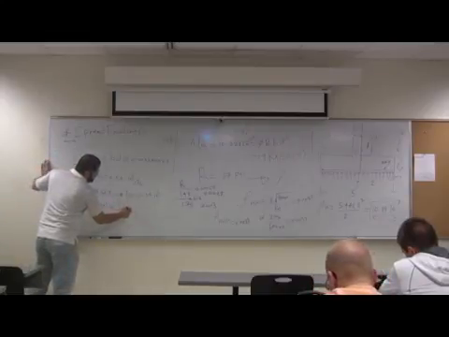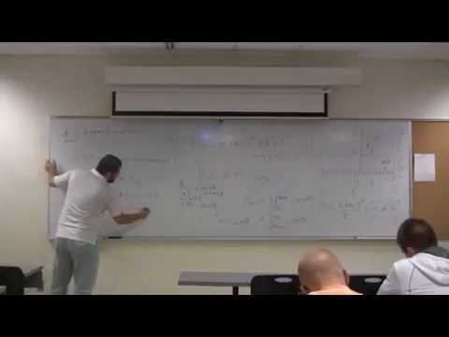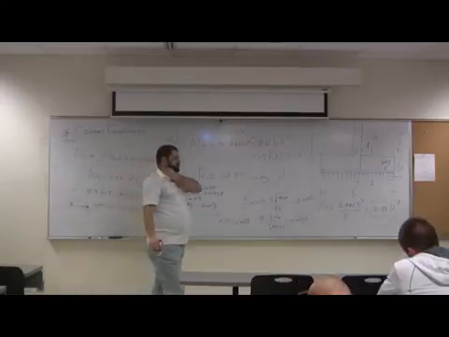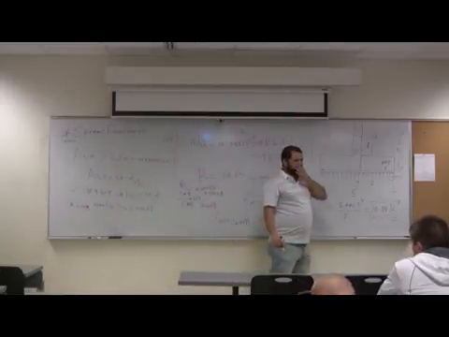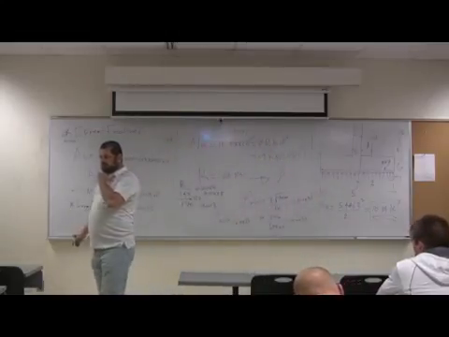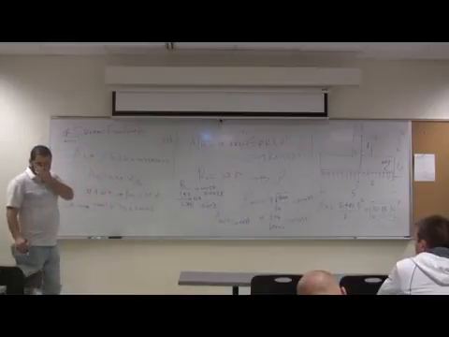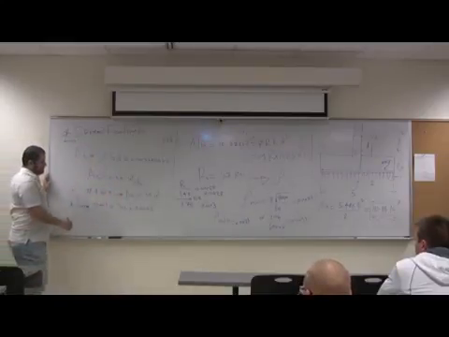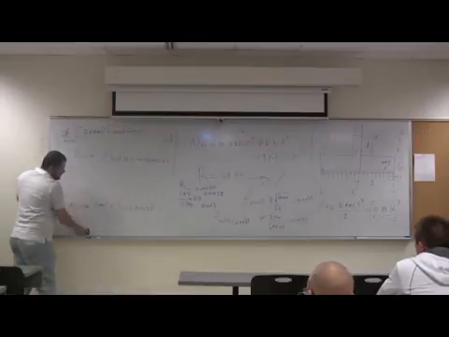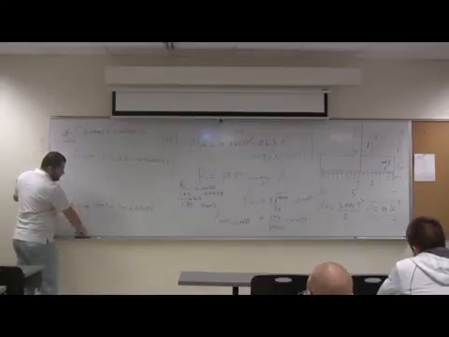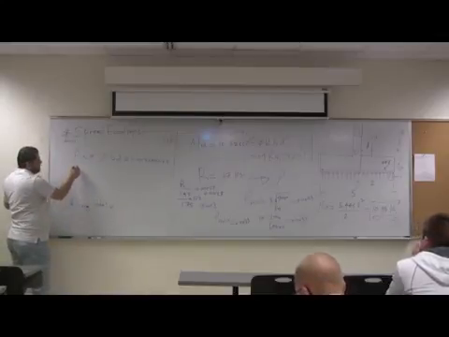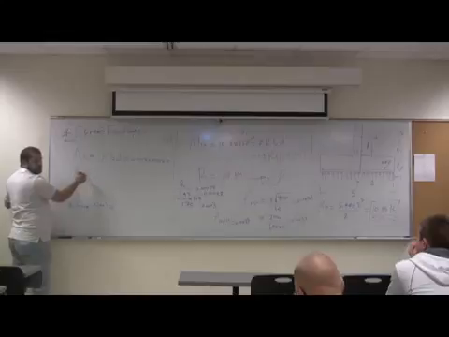AS equals 0.002 times... I'm calculating how much steel we need in the wrong direction. This is what I'm going to do, and you explain it to me. In the wrong direction, AS equals